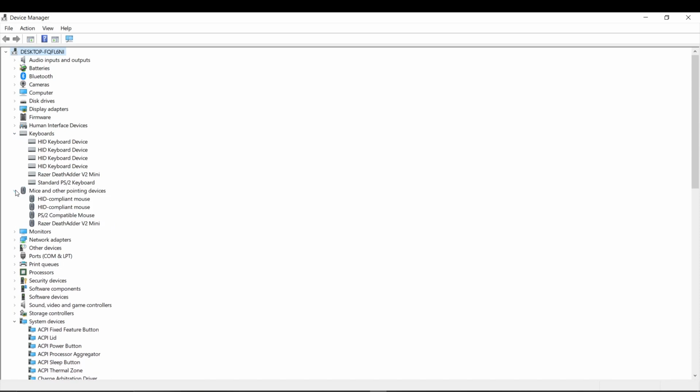In the Device Manager window, expand the keyboards, mice, and other pointing devices section, or similar, based on your connected devices. Right-click each connected device and select Update Driver. After that, choose the option to search automatically for updated driver software to ensure that your keyboard, mouse, and other devices are running the latest drivers. After following the steps, you can close the Device Manager and rest assured that you can fix input delay in